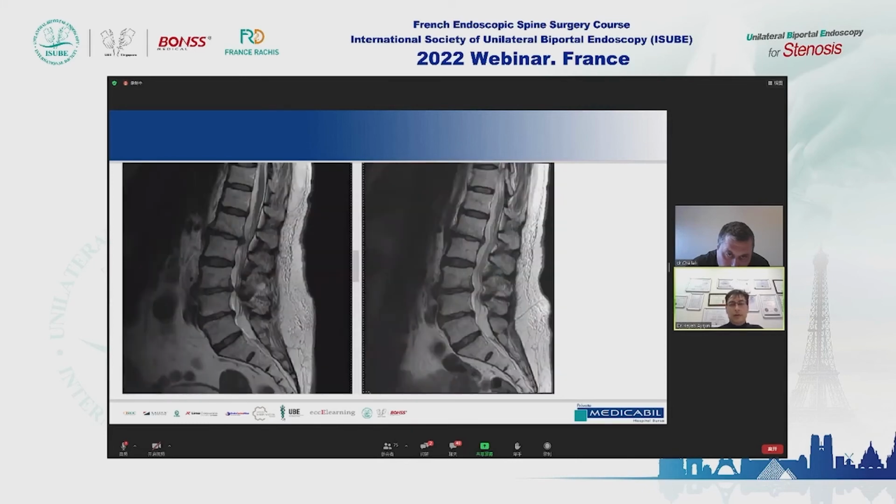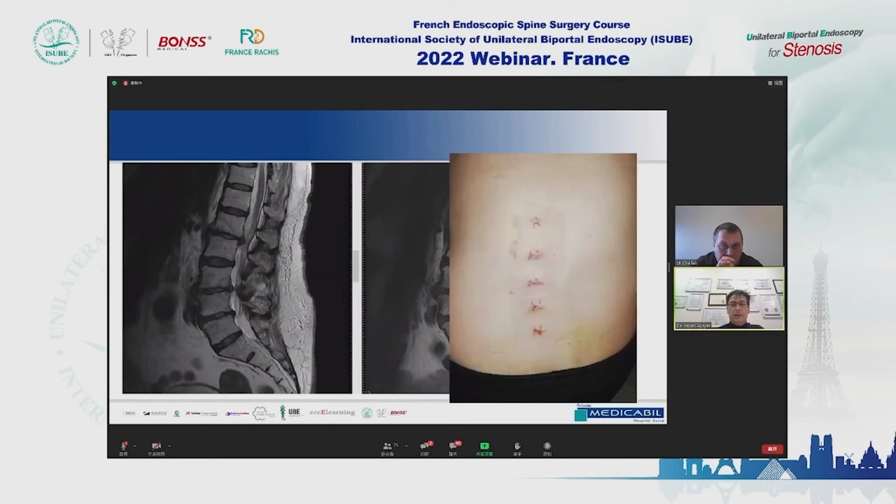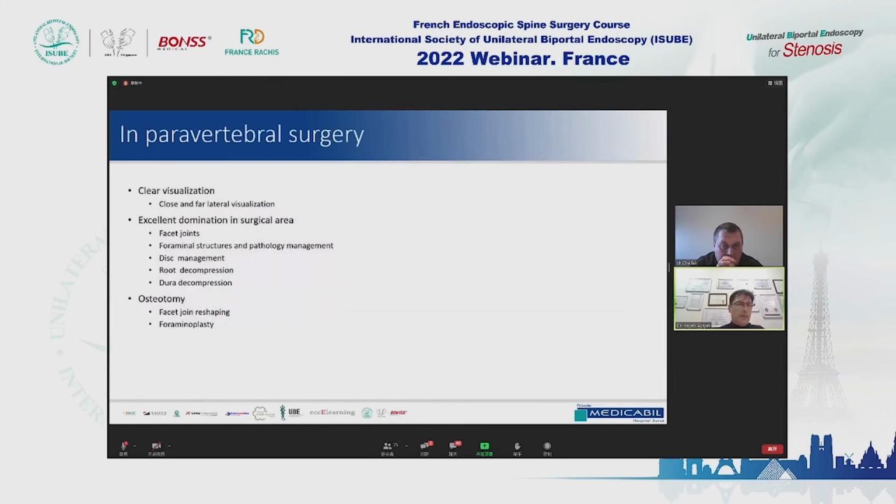Now here are the postoperative MRIs and the immediate skin stitches. Another important point of the UBE is its success in paravertebral surgery. The paravertebral surgery is